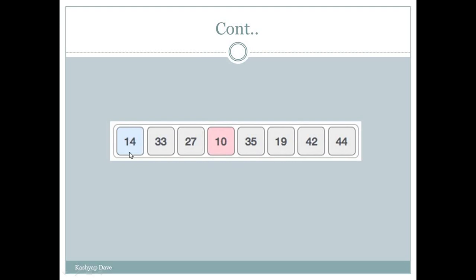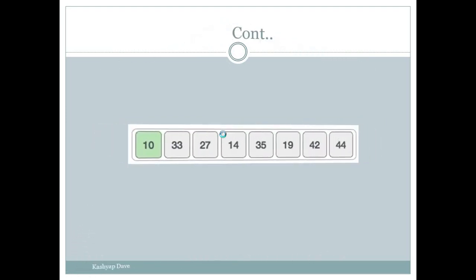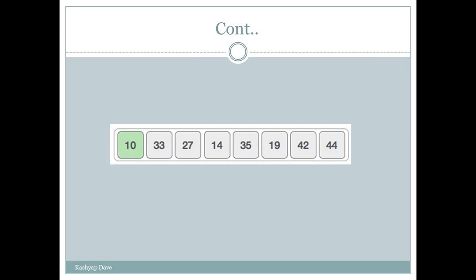So here we will swap 14 with 10. So our next part is, 10 is the sorted part and the rest of this part is the unsorted part.